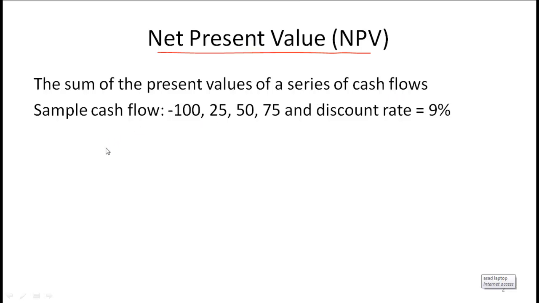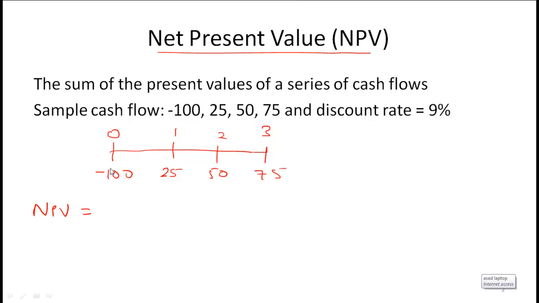So for example, if you are working on a project and you have a cash flow that looks like this. At time 0 you spend 100, and then at time 1 you receive 25, at time 2 you receive 50, and then at time 3 you receive 75. So the NPV for this project